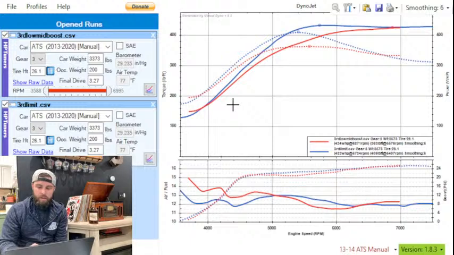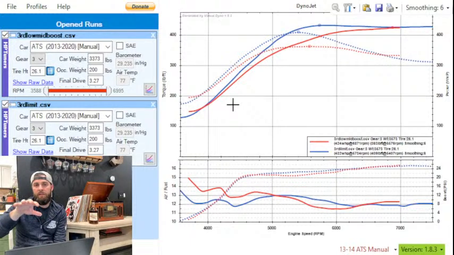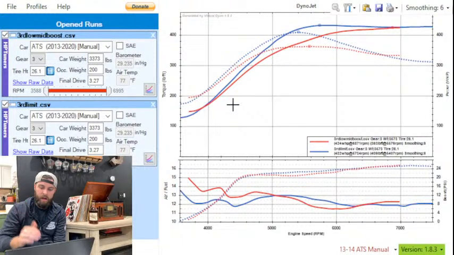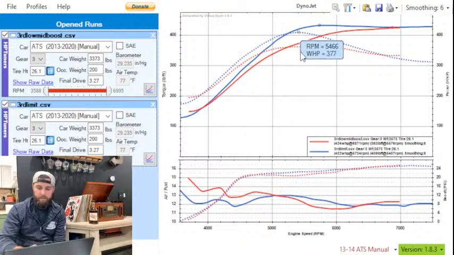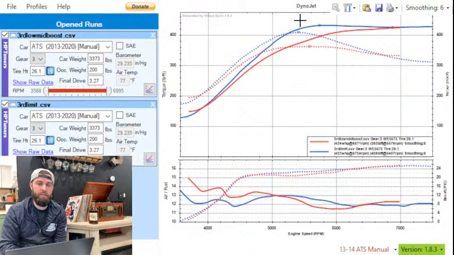What I did was kind of a two-part thing. I messed with my timing table. I brought the timing down a lot further in the 5,000 to 5,500 range, and then I also removed